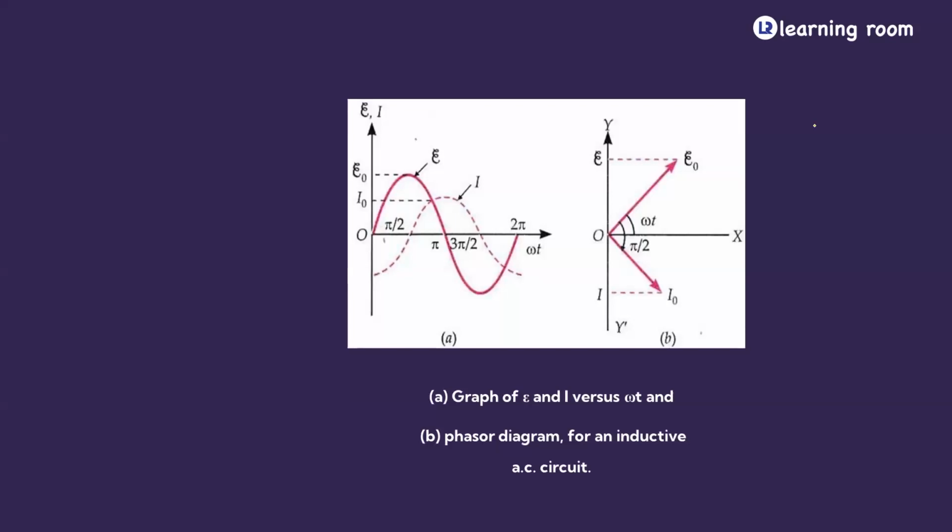Now, when you represent them graphically, we take the y-axis as EMF and the current, and omega t on the x-axis. So EMF by default is always going to be in this way,